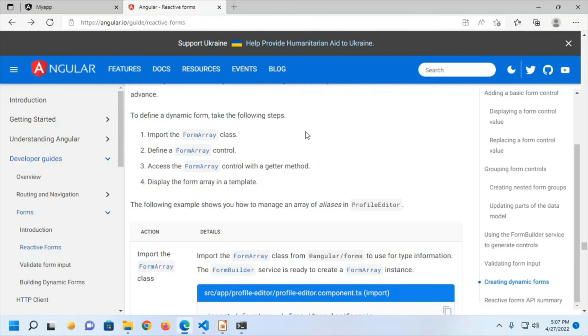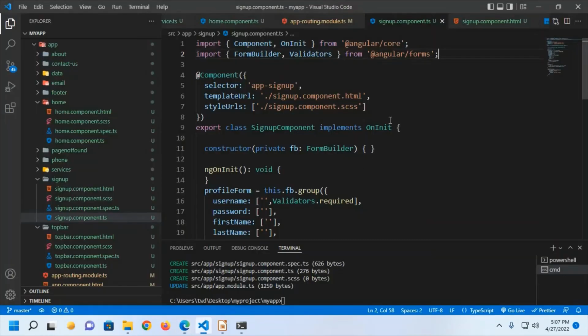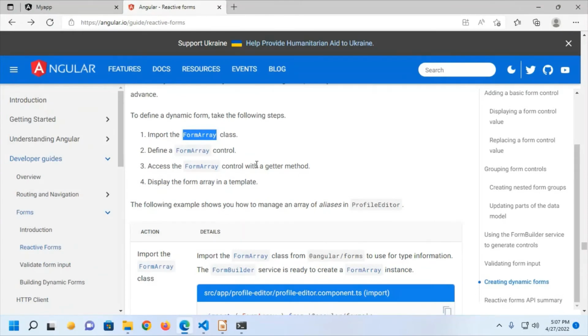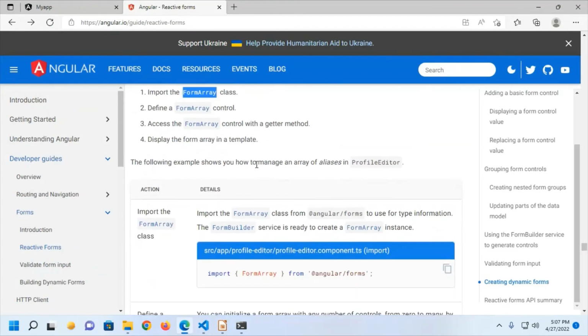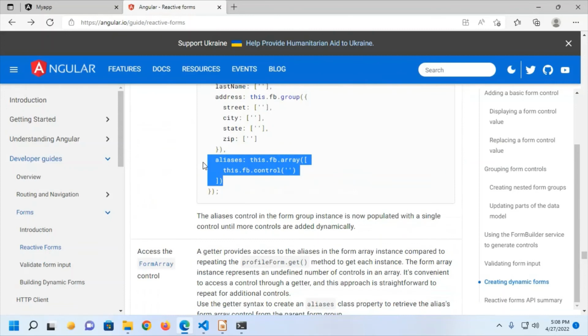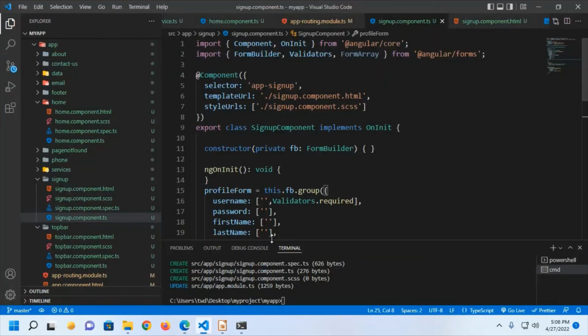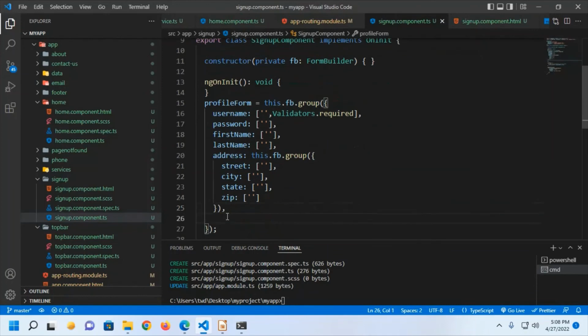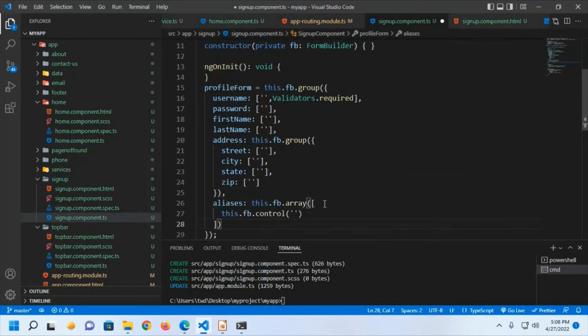I am going to import form array class. Import form array class from Angular forms and then define form array control. Add form control in aliases property using form array. Okay,